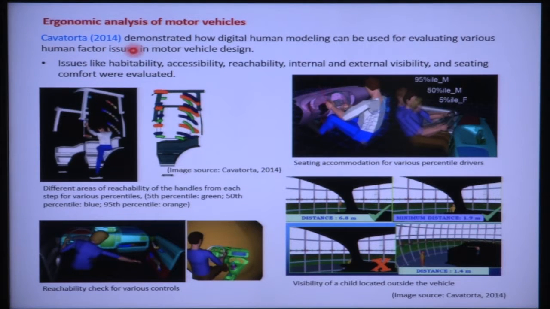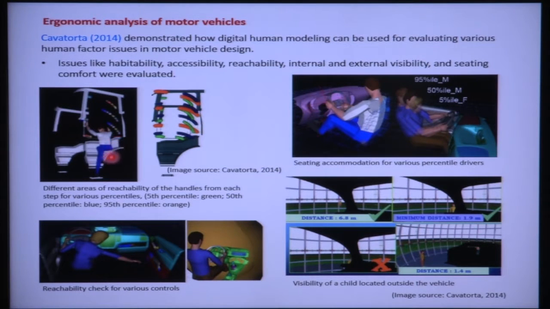Cavatura, 2014, demonstrated how digital human link can be used for evaluating various human factor issues in motor vehicle design. They studied various issues like habitability, accessibility, reachability, internal and external visibility, and seating comfort. So, using JACK software, they demonstrated